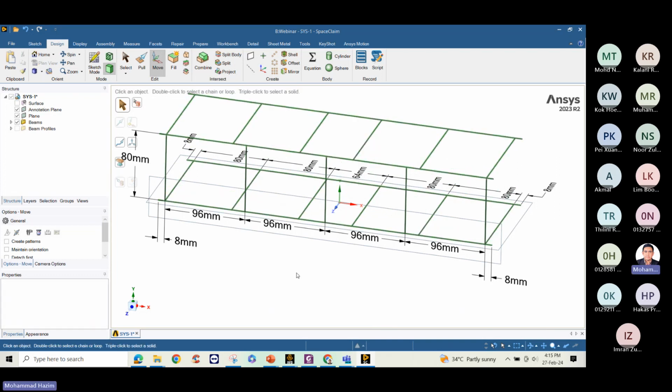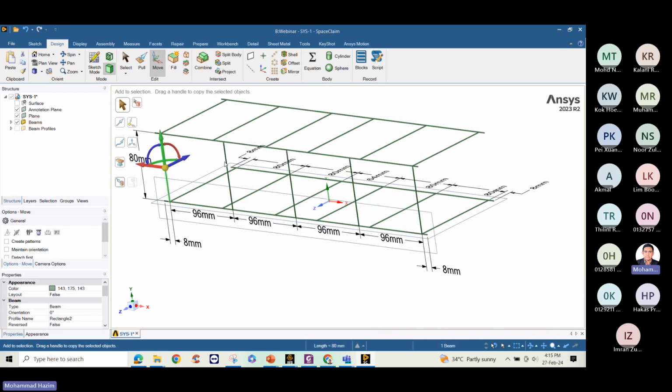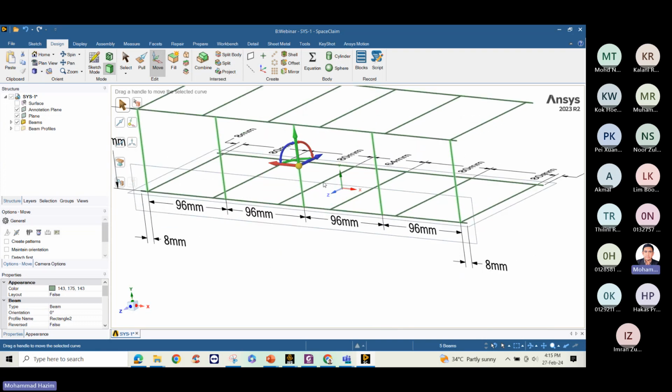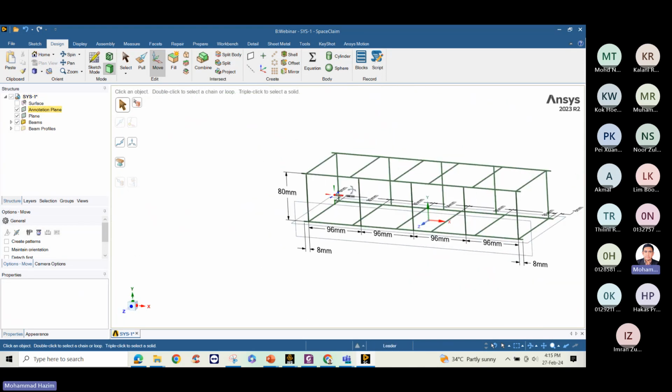Okay, so now already done. And then same thing for this beam. So same thing, I just Control-click and then move. And then for this case, I put 120 for the length. Okay, so now we've already made this